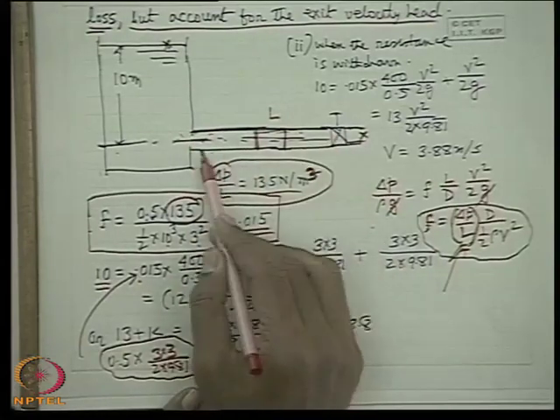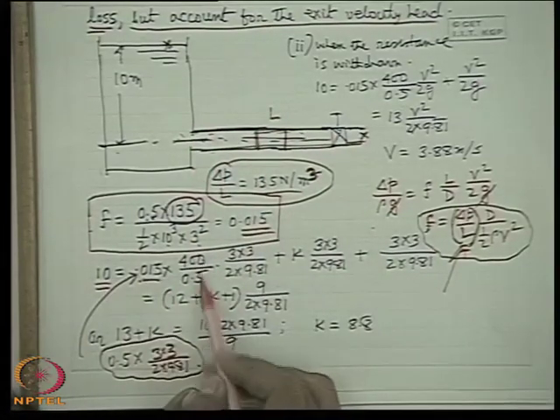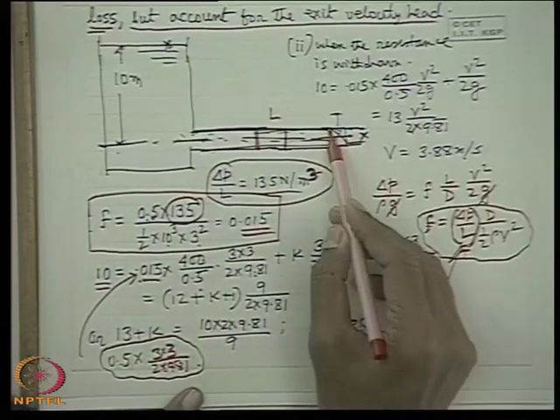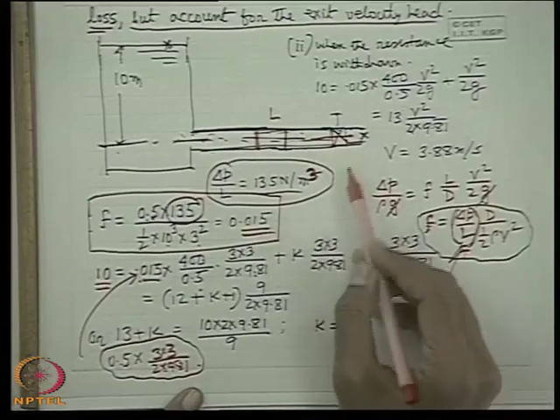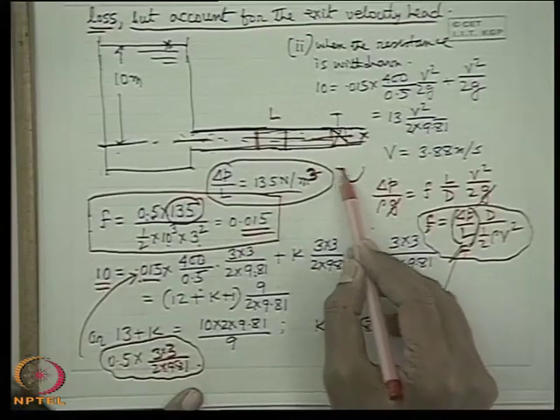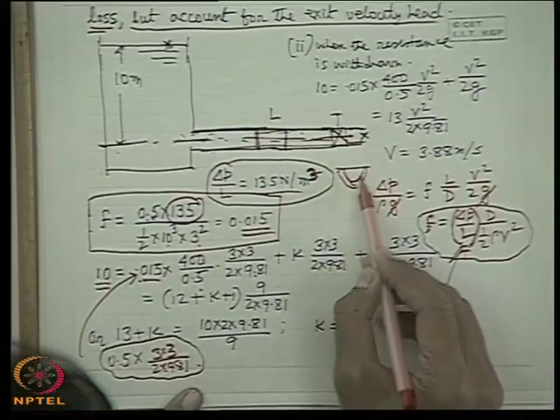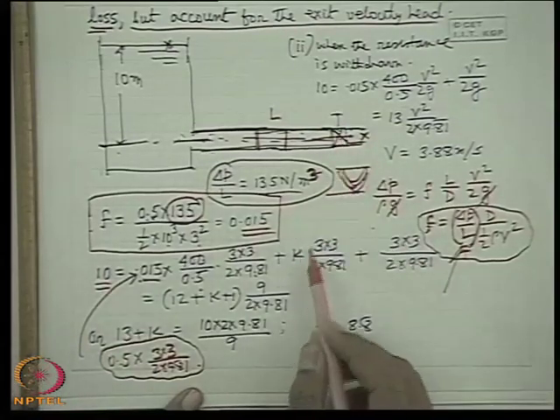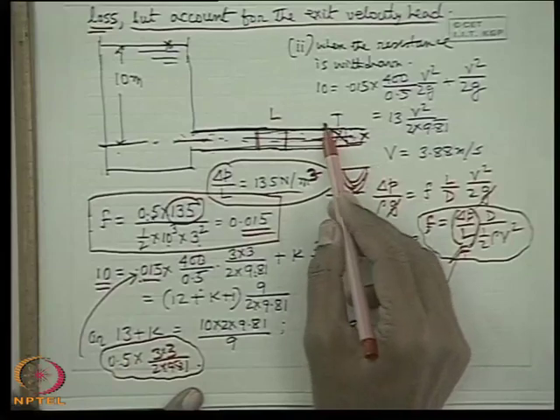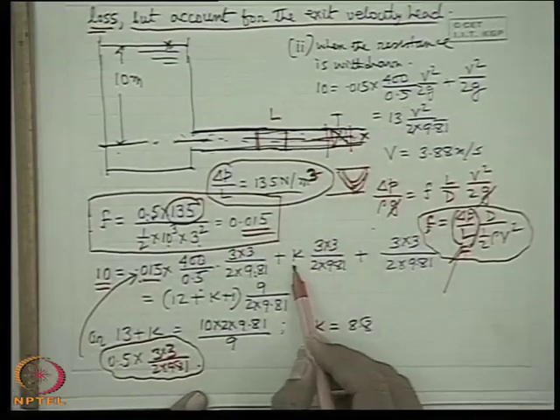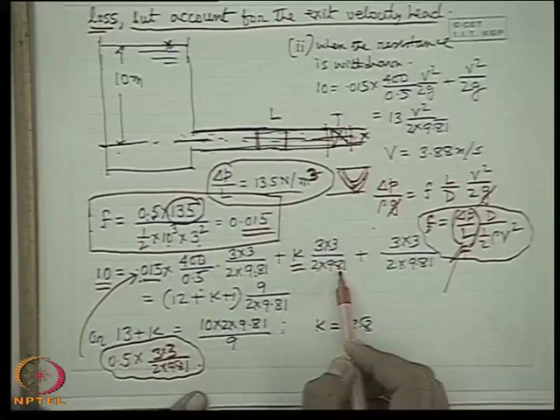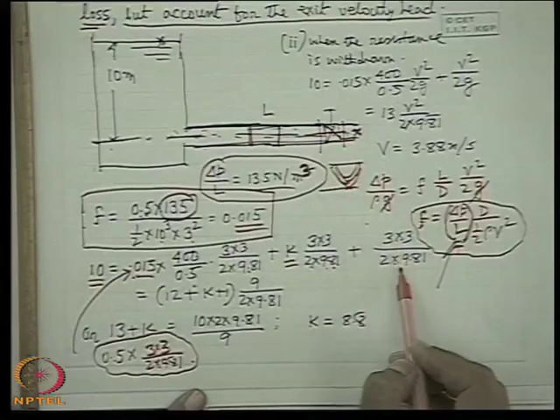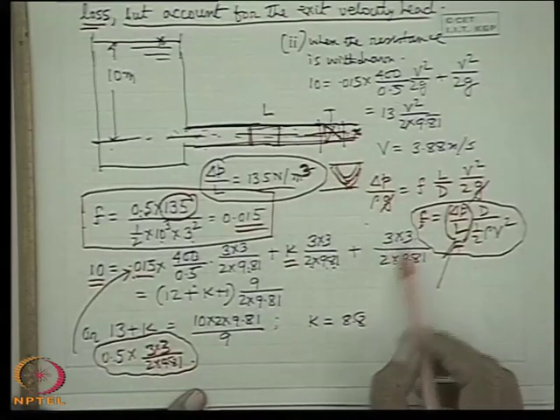The next loss is the loss due to pipe friction, that means F L by D into V square by 2G, plus the loss when the flow comes through the valve. This is a valve representation, so there is a restriction. There are different types of valve. One type is a gate type, where the gate comes down like this and closes the passage. So this is a restriction, and it gives a pressure drop or head loss, whatever you call it. This loss is expressed as K V square by 2G, plus V square by 2G, which is the velocity head here.